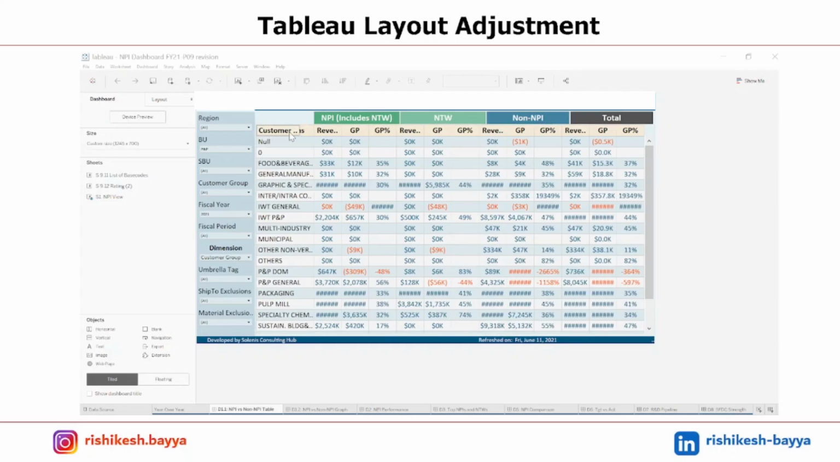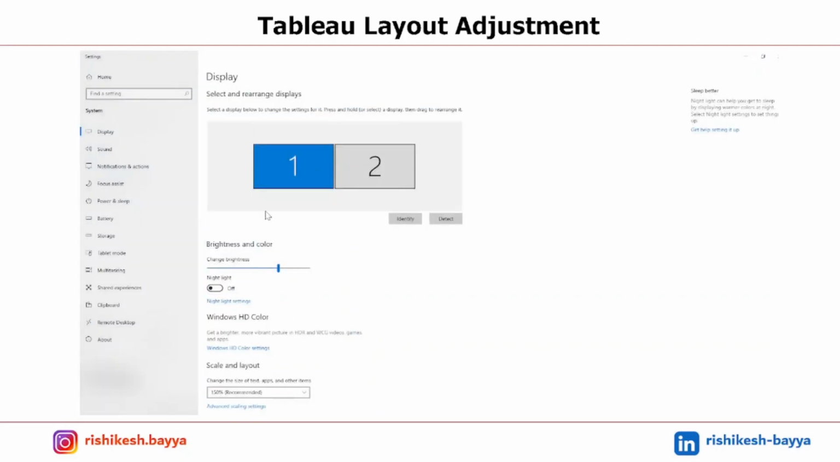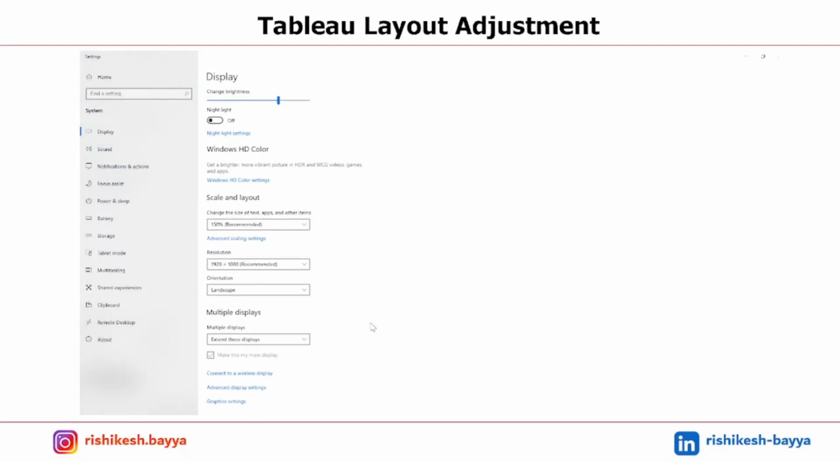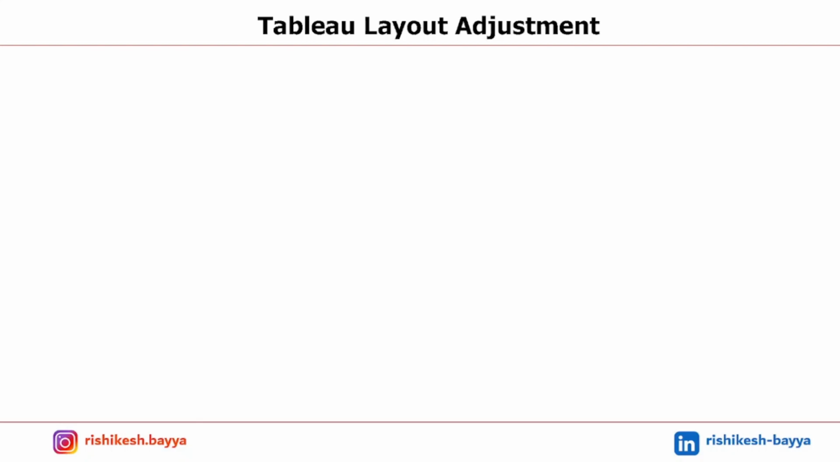So the reason why this is happening is because the display settings are different on the old and new laptop. So I just revisited my old laptop. If you go to the display settings there, and see the resolution and also the scale and layout, the resolution of my old laptop was 1366 by 768,